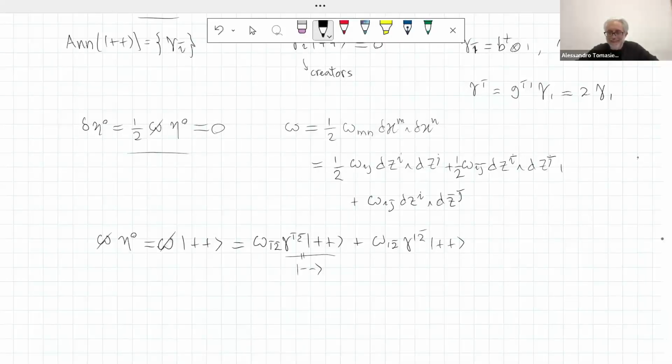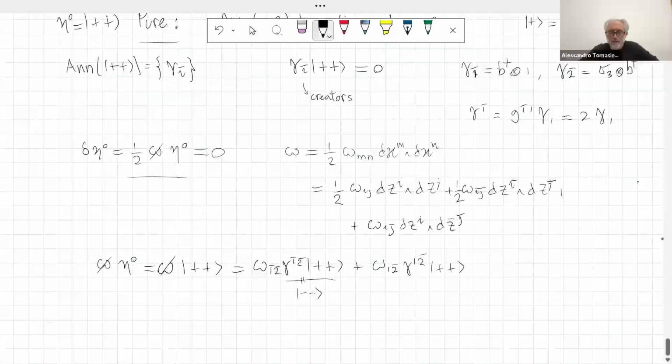Sorry, here you see the 2 bar, yes, you will be right in thinking that it gives a minus, but the gamma 1 now, with the upper one, is a creator, and so again gives 0. So this goes to 0. And you might think that this is it. However, if you consider one bar,